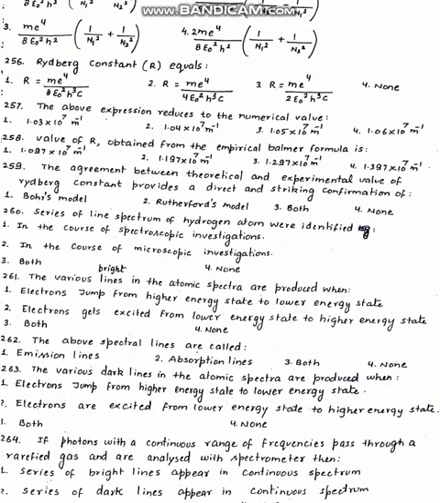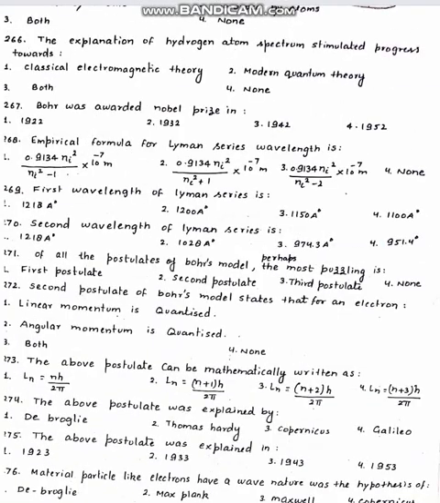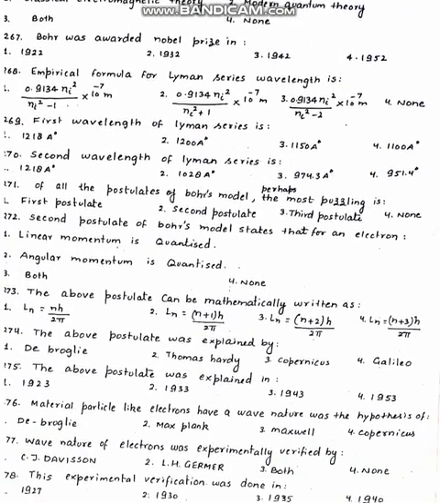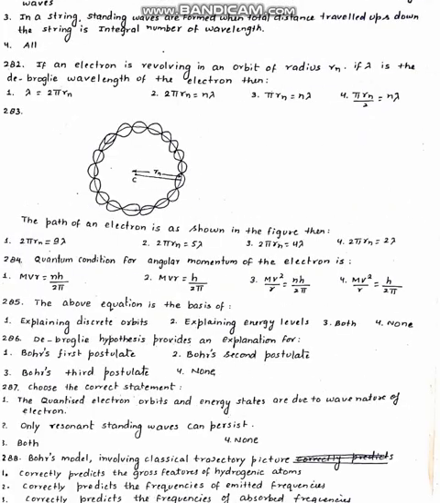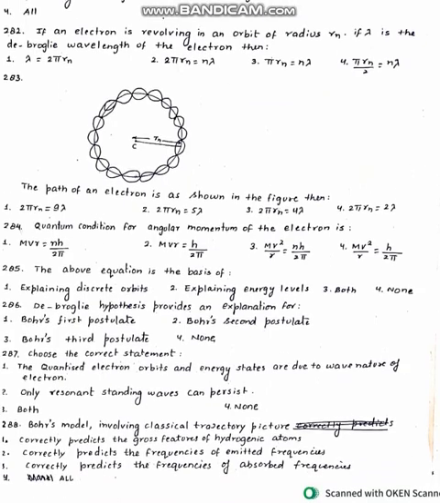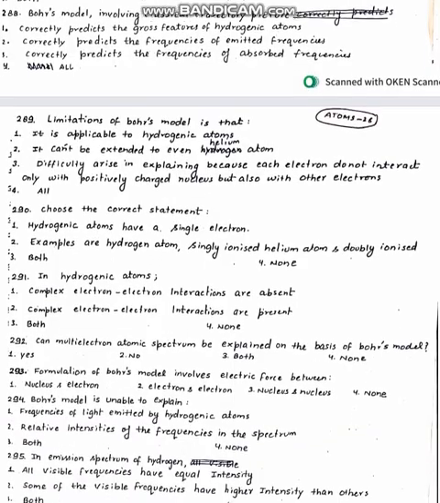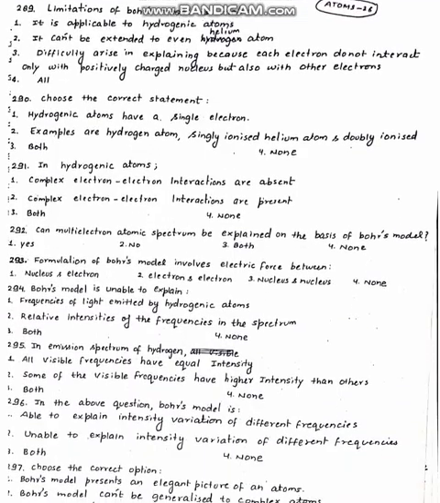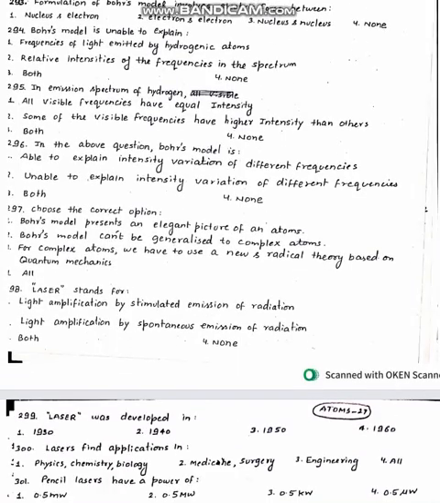Then we have numericals based on Rydberg constant. Then empirical formula of Lyman line, Balmer series, different questions based on that, de Broglie wavelength. Then we have certain questions on quantization or concept of matter waves when applied to an electron moving in a certain orbit. Then we have classical trajectory questions. And we have certain theoretical questions based on Bohr's model, then about emission spectrum of hydrogen,